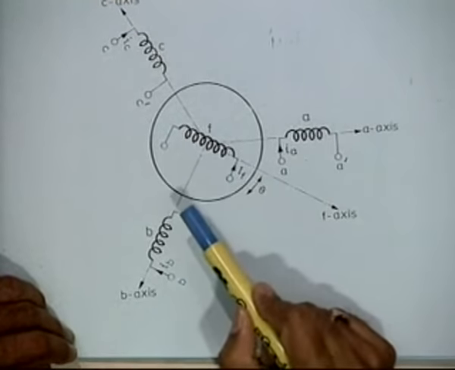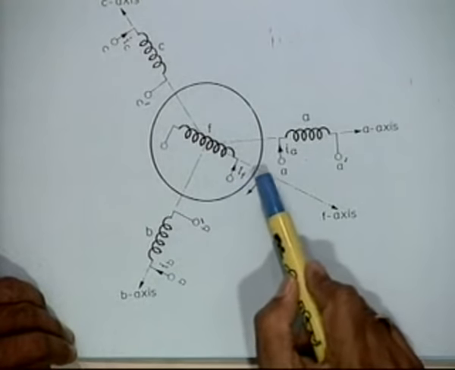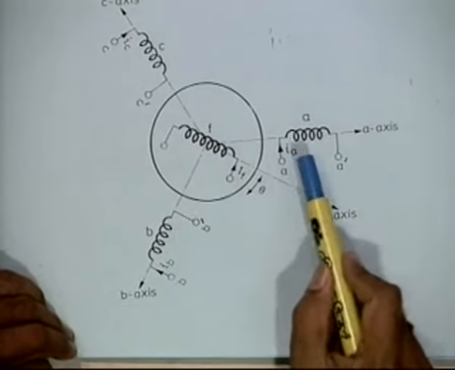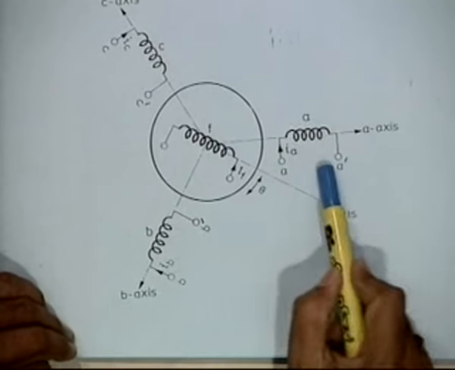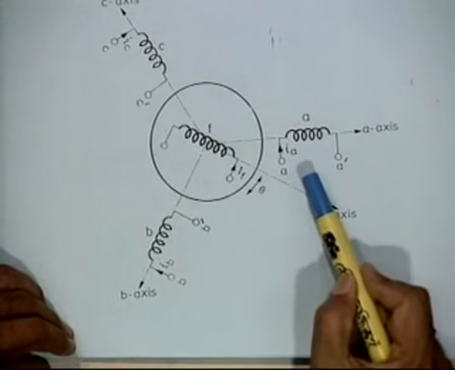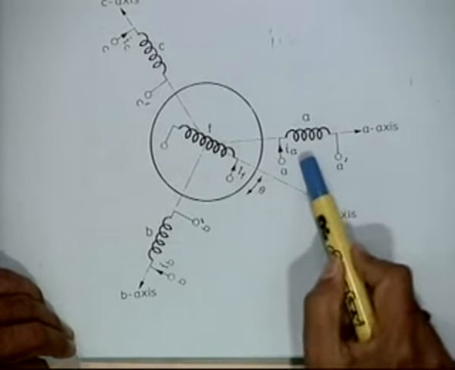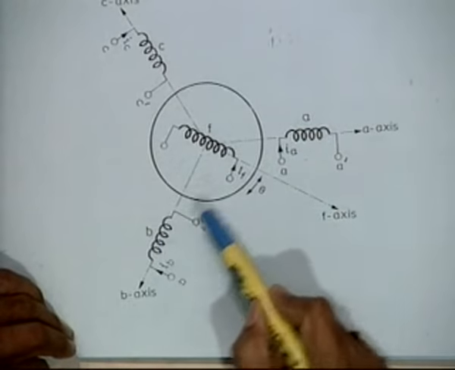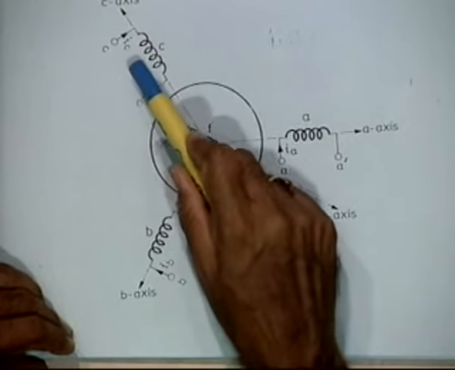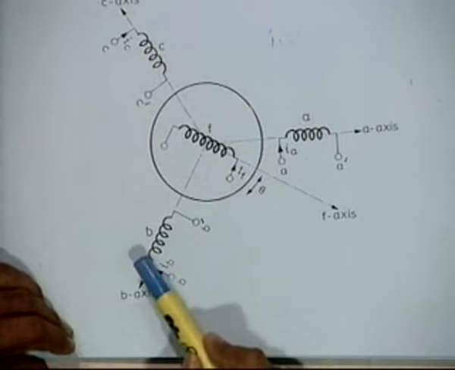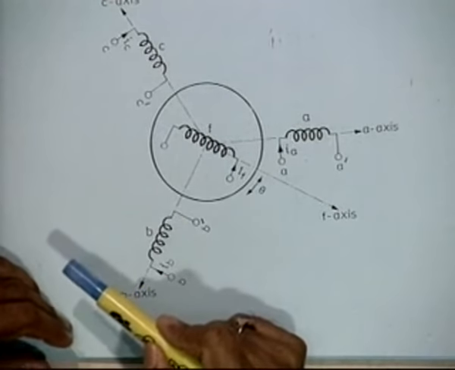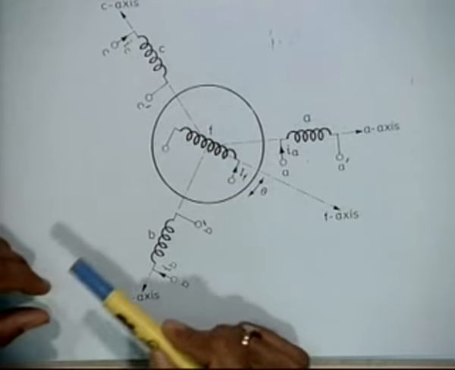So from this basic qualitative explanation, we can see that the voltage induced in each of the coils would be varying sinusoidally with time. So sinusoidal voltages, or AC voltages, are induced in these three windings, but those three voltages will not be in phase. They will be out of phase by 120 degrees because the windings are displaced in space by 120 degrees. So by this logic, we can see that three-phase voltages are induced in the stator windings by just rotating one field winding at a fixed speed omega radians per second electrical.